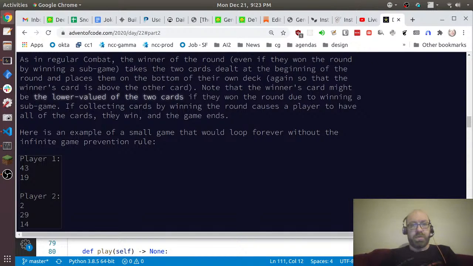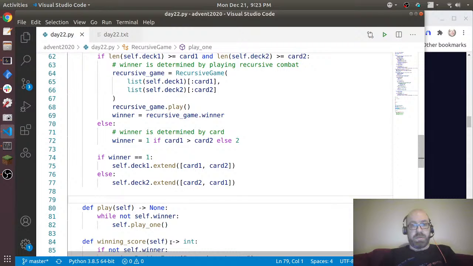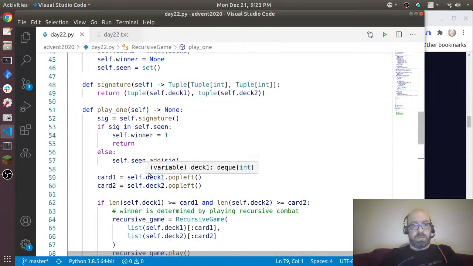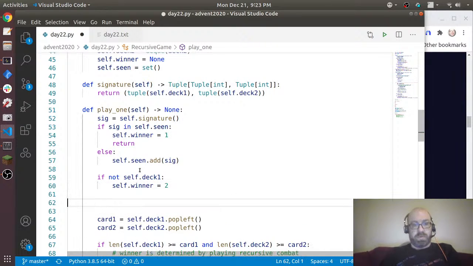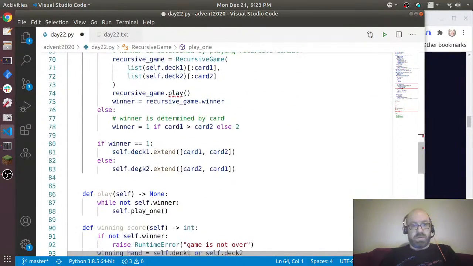If collecting cards by winning in the round causes the player to have all the cards, they win and the game ends. Okay, so if not self.deck1, self.winner equals 2 and return. If not self.deck2,